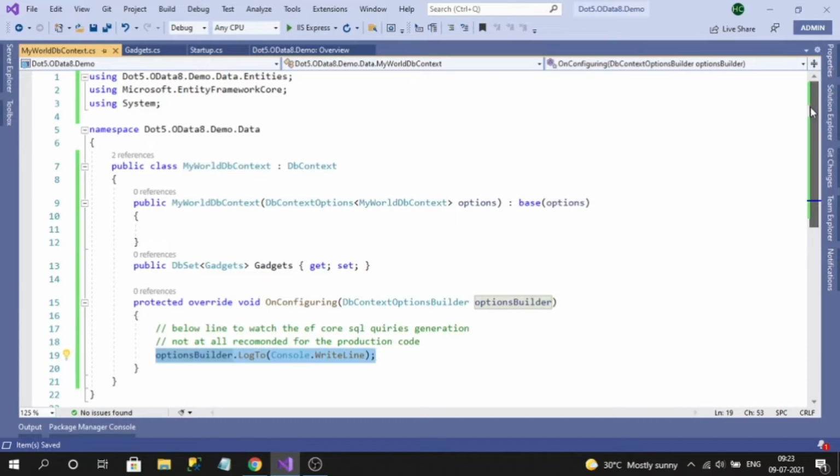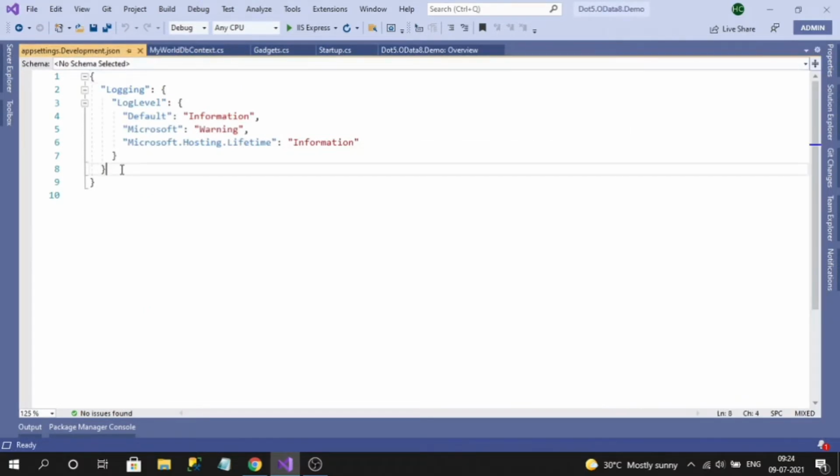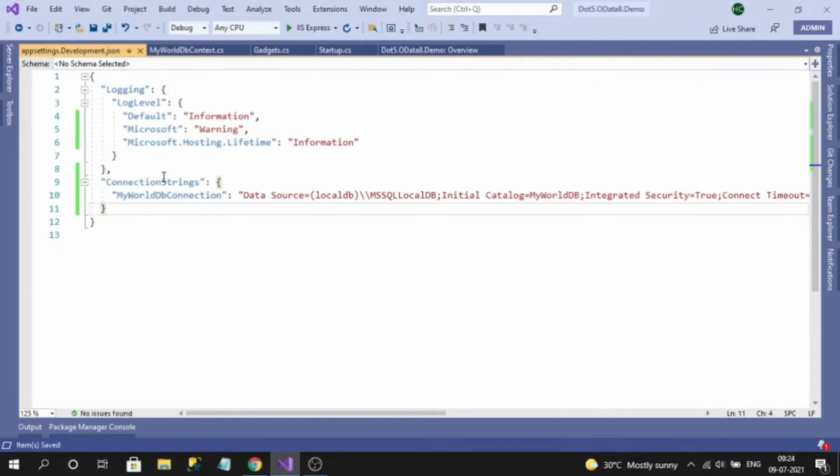And the next thing is we need to configure the connection string. So for this demo, I will configure my connection string into the development.json file. So let's add our connection string here. So the ConnectionStrings property is a default property that is understandable by the framework. My DB connection string is our custom property. So to that we assigned our database.